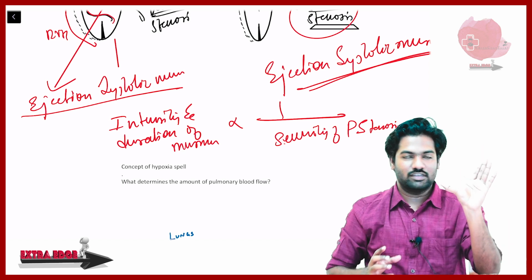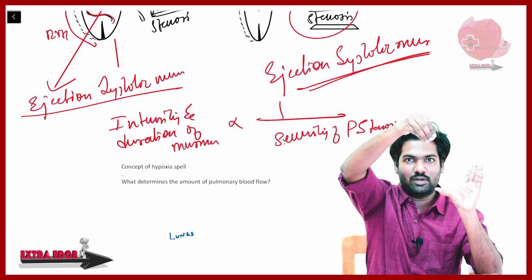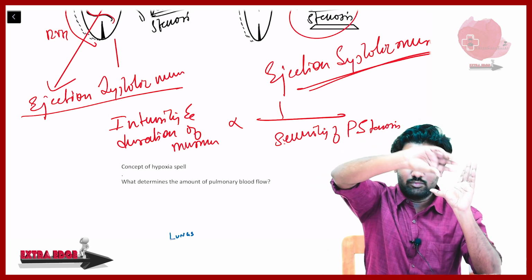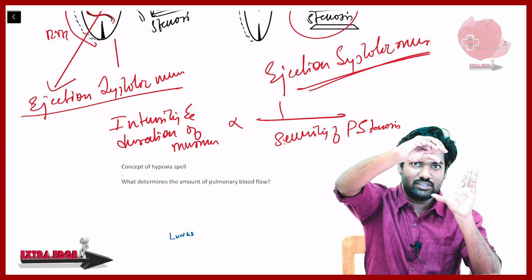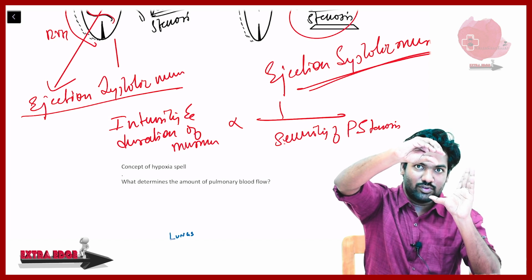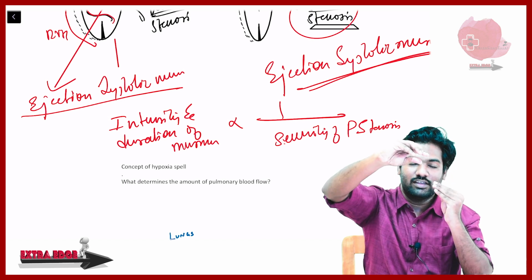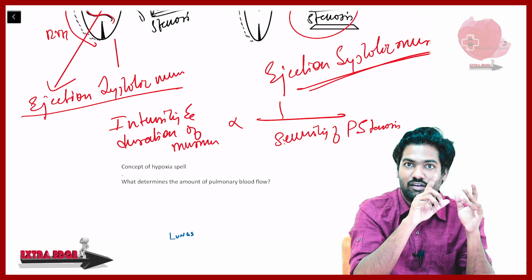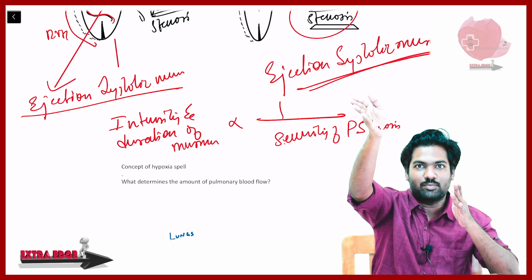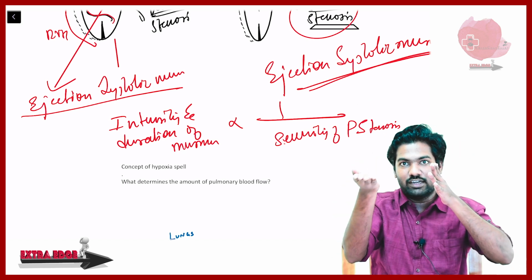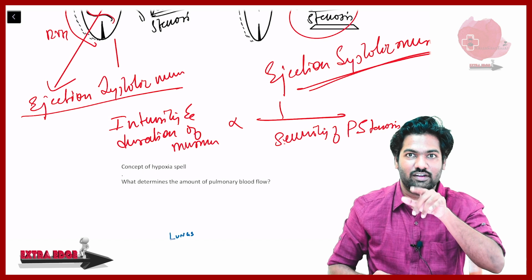Why? Because imagine now the right ventricle is the one which is affected. If it has to go for failure, it has to have complete obstruction of pulmonary stenosis, which is usually not there. Okay, means atresia must be there. If atresia is there, then that's when the duct dependent lesion will start. Now that is not there. Imagine now this is infundibular stenosis this much. This ventricle, if it is not able to empty itself either into pulmonary or into the left ventricle, that's when we call it right ventricular failure. But once it is about to get failure, either it is pushing very hard against that pulmonary stenosis resistance, or it is emptying itself a little into the left ventricle. That is the reason why we can't see cardiac failure in TOF cases.